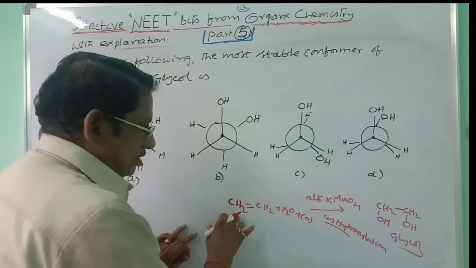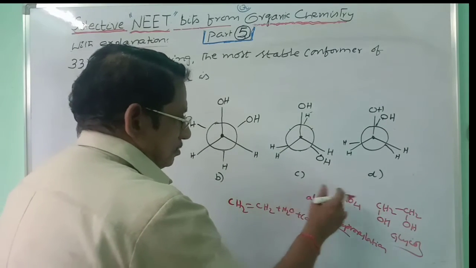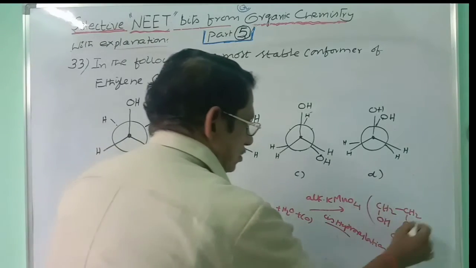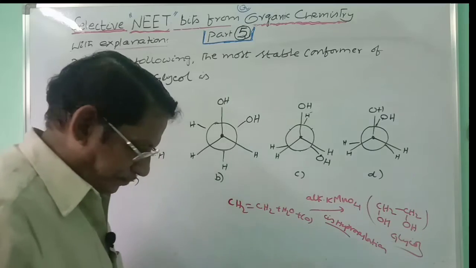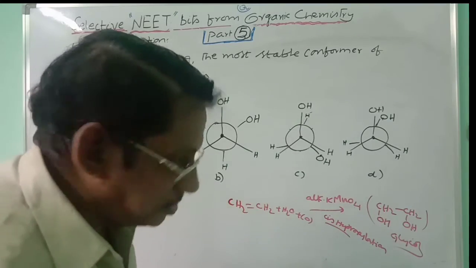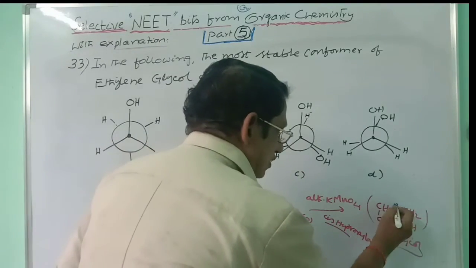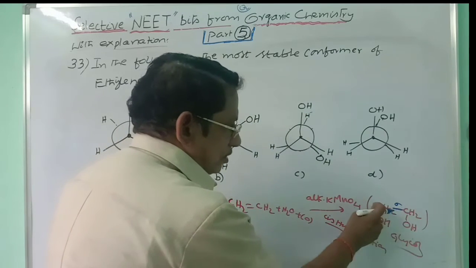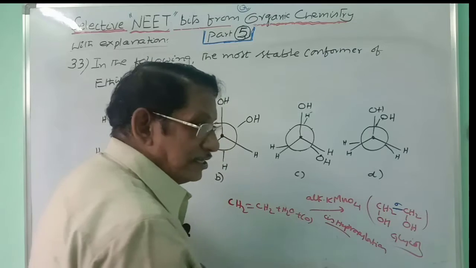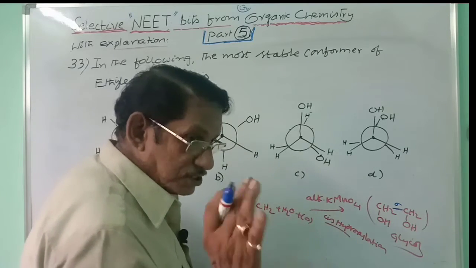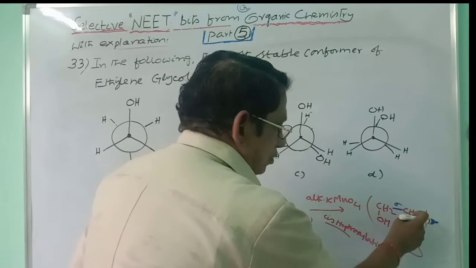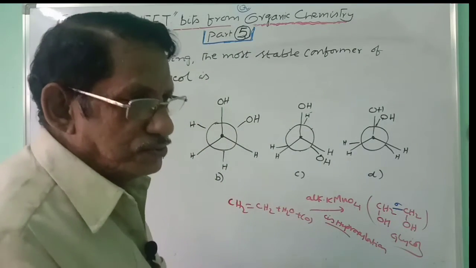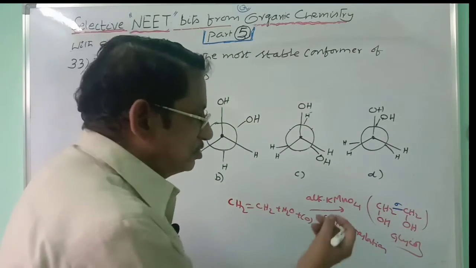As ethylene is oxidized with alkaline KMnO4 to give glycol, this is called ethylene glycol. This is the structural aspect of ethylene glycol, where we have a C sigma bond C, just like in the previous case. Free rotation about this axis is possible, and so there are three groups: 2 hydrogens and 1 OH. Instead of CH3, we have an OH group, a special case. And this also has 2 hydrogens and 1 OH. So we can take the relative arrangements of these groups in space by rotation about the C-C sigma bond axis.